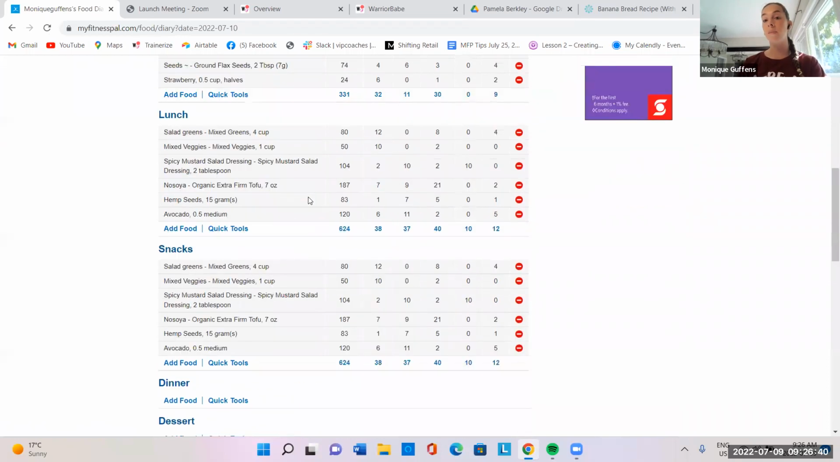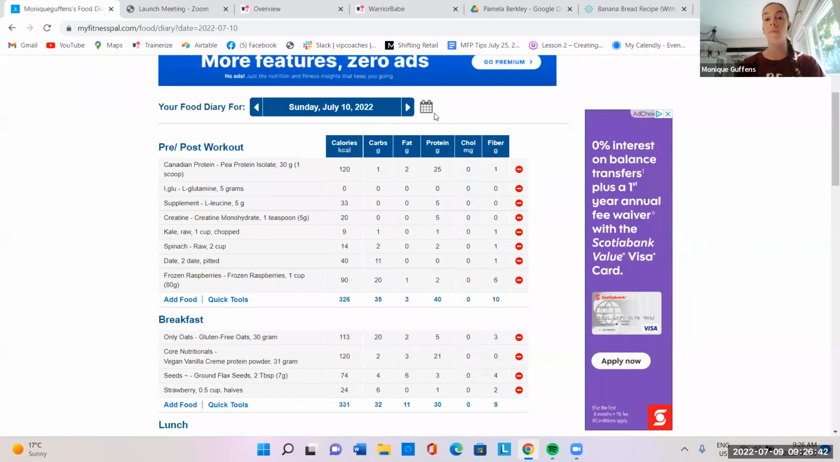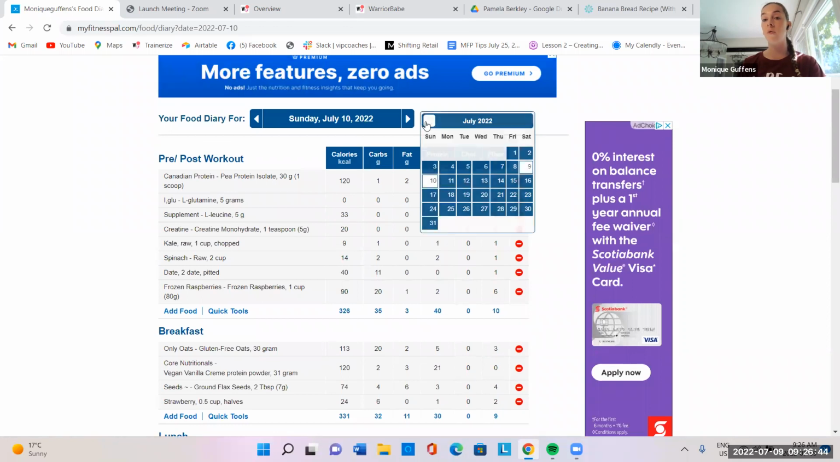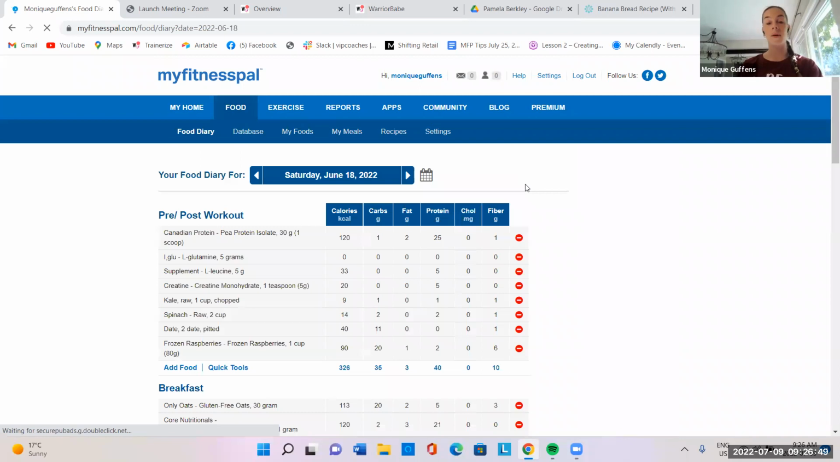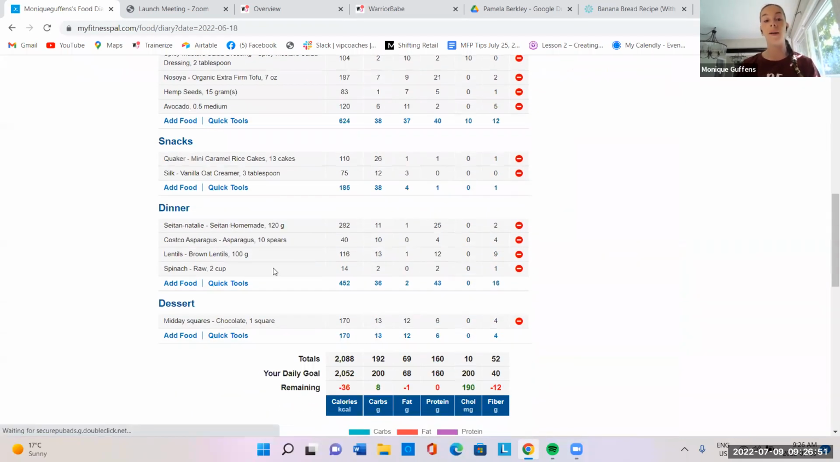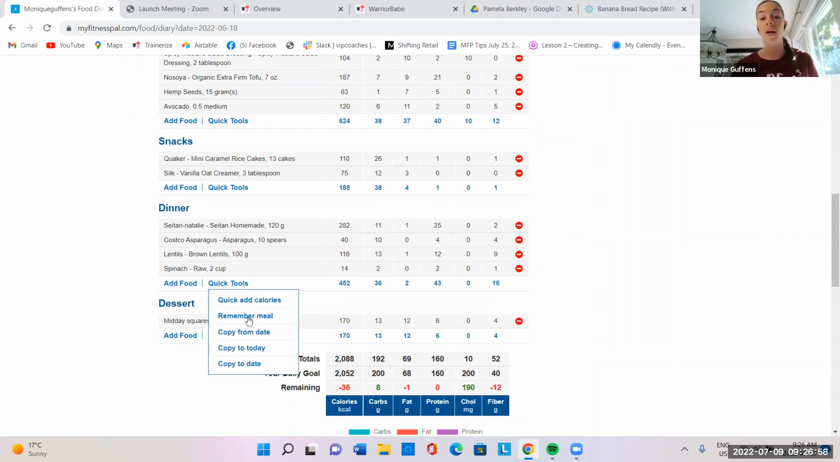I wanted to show you how to copy and paste because that's going to save you so much time. So if you want to copy and paste a meal, you know from where it is. I'm going to copy it from a while ago. Okay, so I want to copy my dinner over. I go to quick tools or the 3 little dots on your phone. You click on that, it gives you options. You can remember the meal, right? If you eat something a lot, it's definitely smart to do remember the meal so you don't have to write individual ingredients anymore. I will just say Lucy's breakfast or right